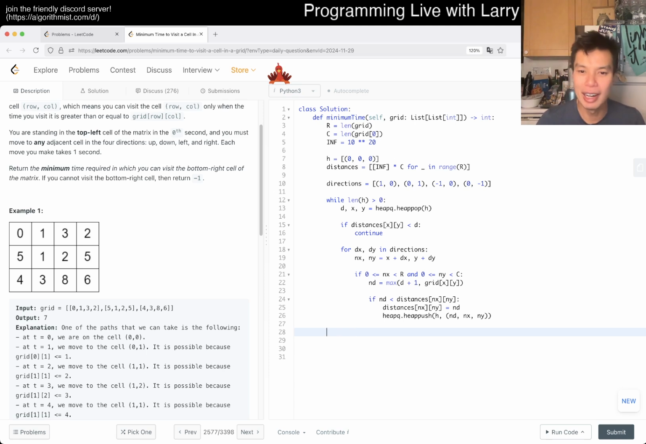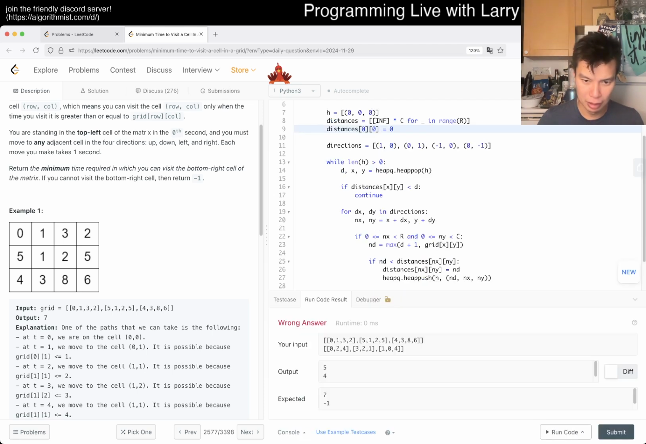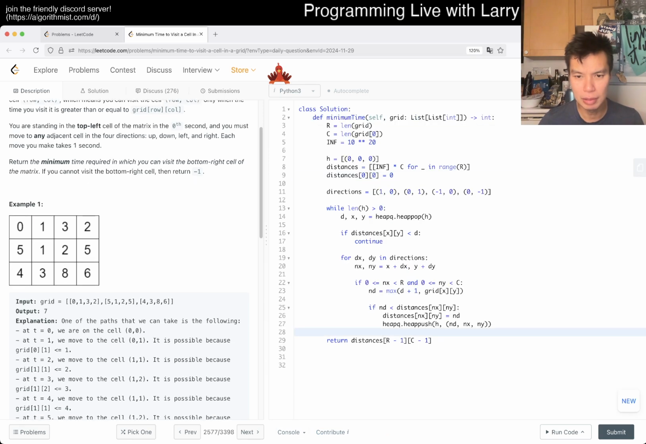So anyway, yeah, and then now we just have to return distances of, what's it? -1, C -1. I didn't do one thing though. I don't know if this matters, but either way. Well, definitely I didn't handle the -1, so yeah. Should be